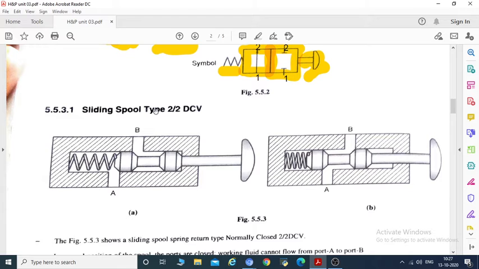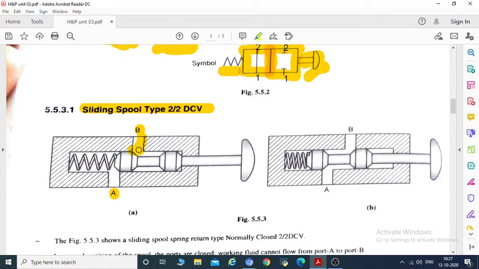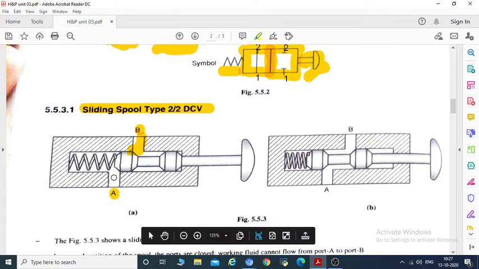Similarly, we are going to see this sliding spool type 2 by 2 direction control valve. 2 by 2 means it has two ways. This is the first way, this is the second way, and it has two positions, which means one time the entry gets restricted. You can see the entry is restricted here and here, as the fluid is stopped here.